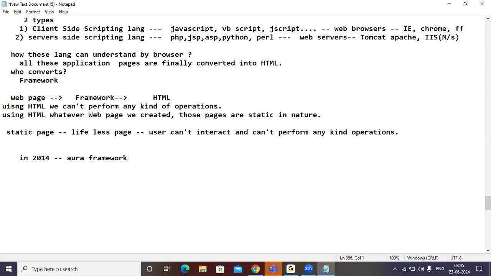Now we are using, from 2019 onwards, what? Come on, LWC, to develop the web page, to develop single page applications.